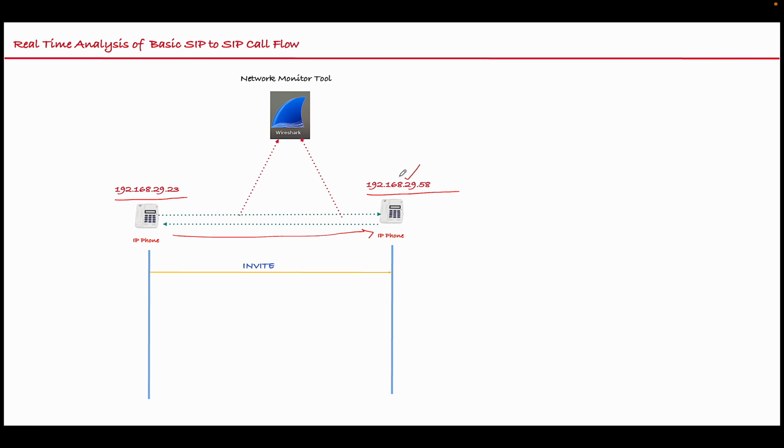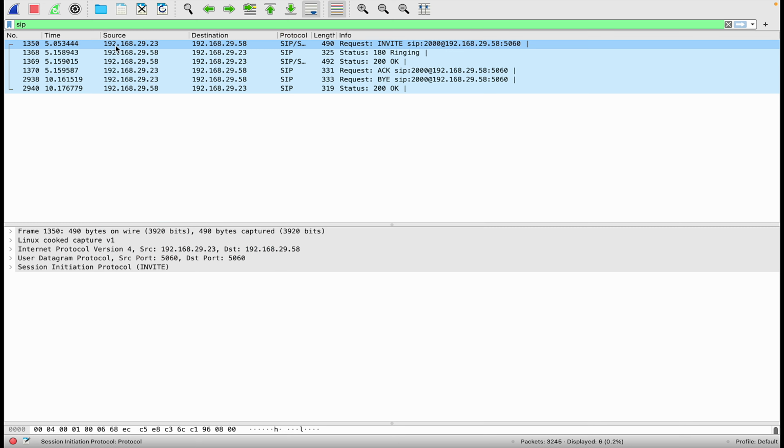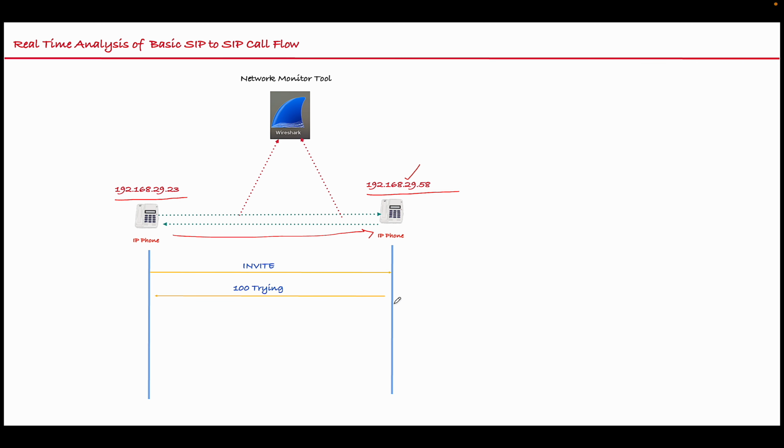192.168.29.23 dials 192.168.29.58 and sends an INVITE request to establish the call. Now, let's check with the trace. Here, we can see 192.168.29.23 sends an INVITE request to destination 192.168.29.58, which is correct. Now, after receiving this INVITE request,